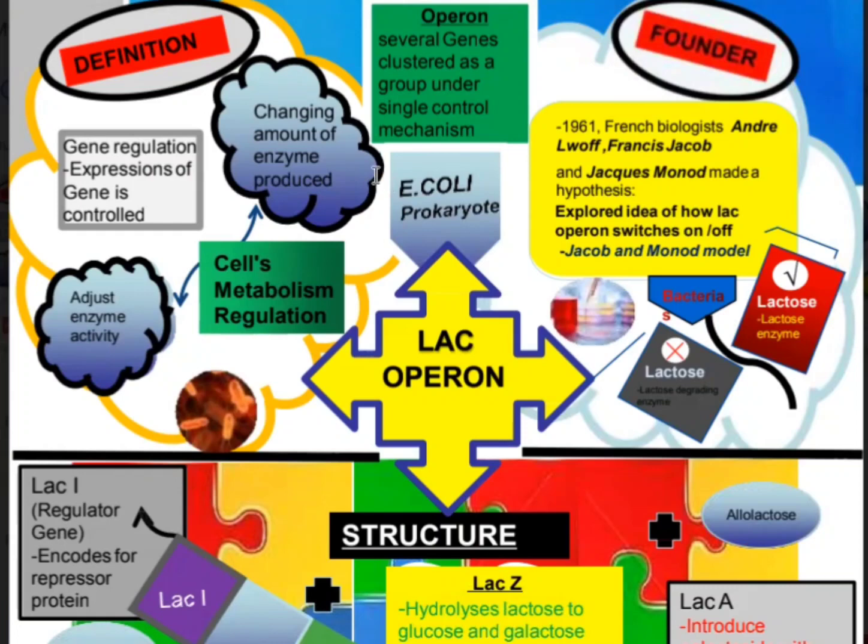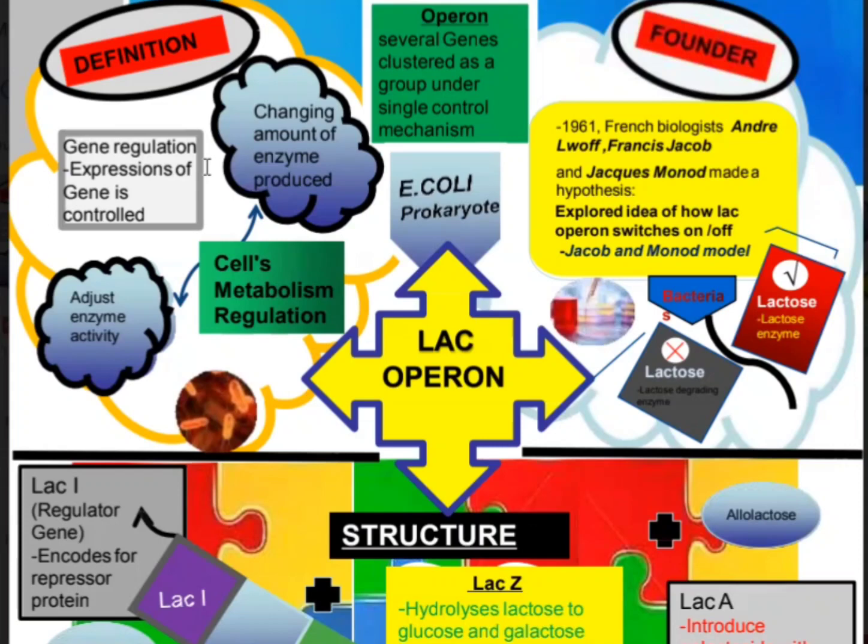Like us, our body undergoes the process of homeostasis, which is the regulation of the steady internal, physical, and chemical conditions in living organisms based on the external environment. Likewise, E. coli ensure the endurance of energy from the surroundings, which only has lactose as the energy source. For that, they need to make specific protein.